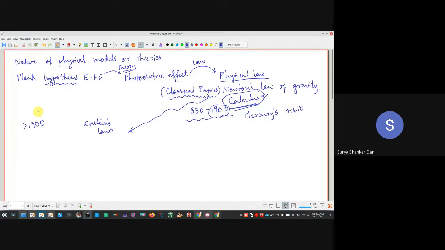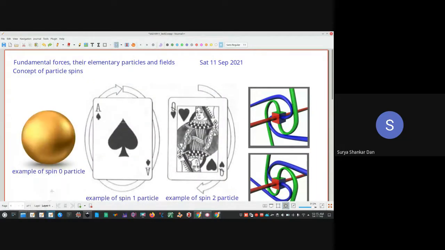Whatever we knew earlier was essentially, for example, quantum mechanics. The whole world is driven by quantum mechanics today. We will see in a few minutes. That was invented after 1900. Relativity, the issues with classical physics, was resolved by Einstein's laws, after 1900. Okay, now let us dive into a little bit of the nature of physical models, the fundamental forces and elementary